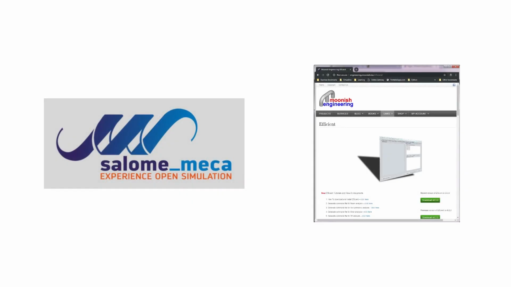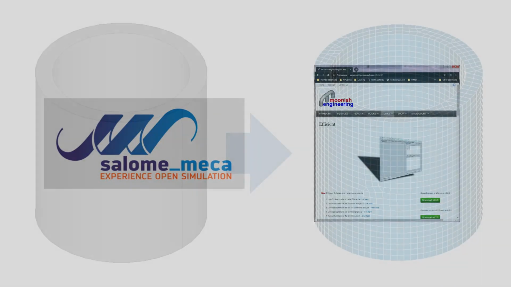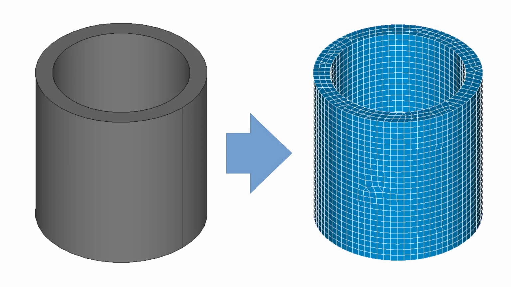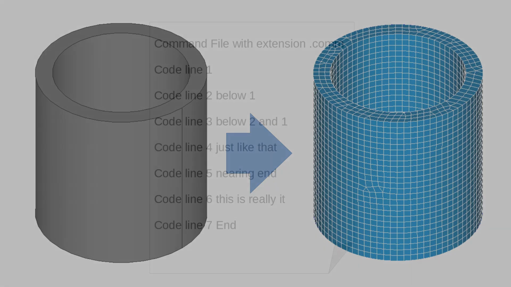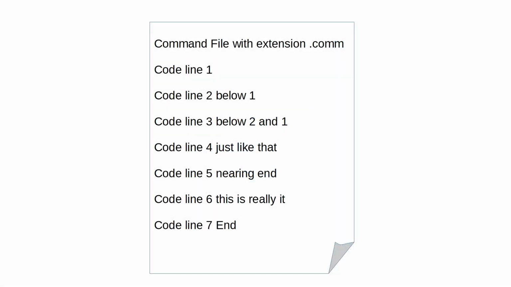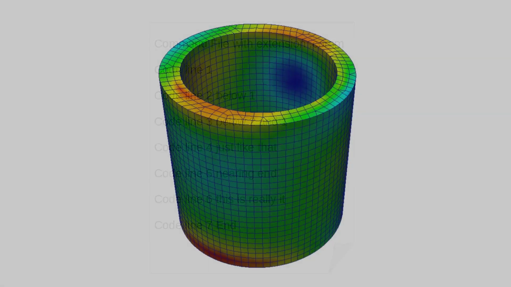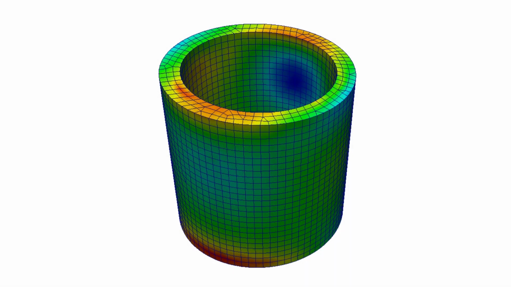In this course, we are going to make use of software Salome Meca for generating geometry and meshing it. Then we are going to use efficient software to generate a command file that will direct Code_Aster software to conduct finite element analysis on the mesh that we previously generated. Once we obtain results from the Code_Aster simulation, we are going to use the inbuilt ParaVis module of Salome Meca to